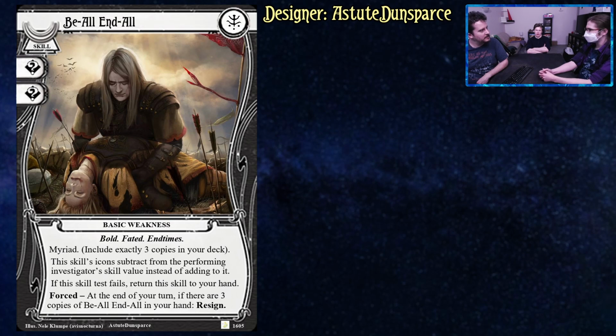Yeah. No, I think this is another one of those weaknesses that doesn't do anything. I think this one could even be like, if there are 3 of them in your hand, then you're defeated, suffer drama. I would like that. Yeah, that'd be better. They could have it at the end of your turn resign, but also have the subtracting be forced. And maybe have it be only... I mean, one's probably too easy, but...